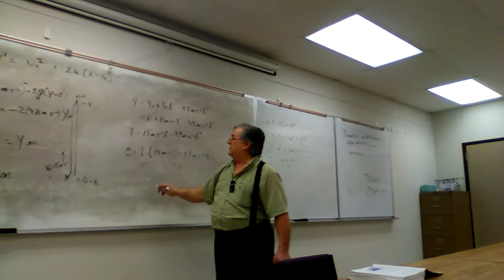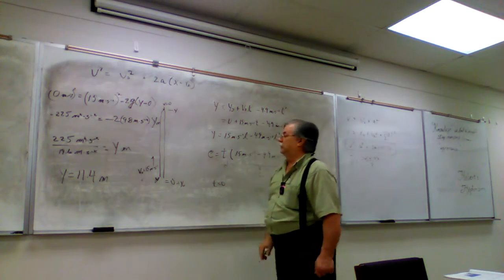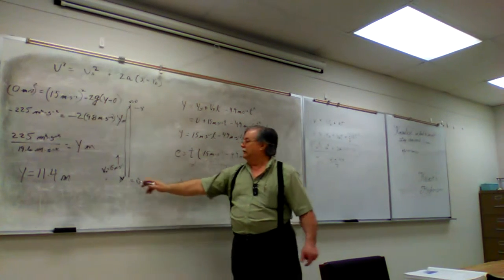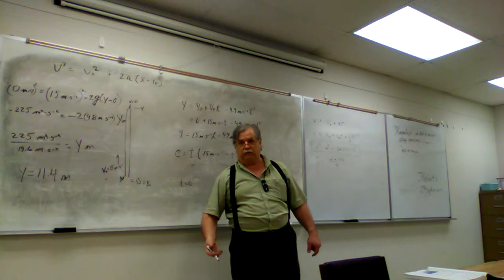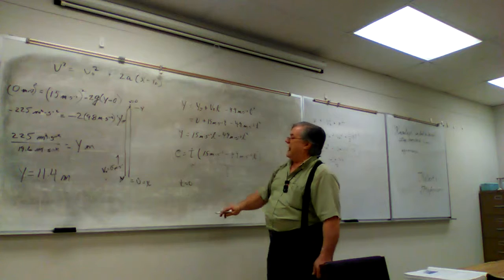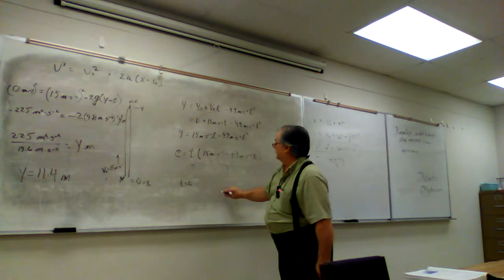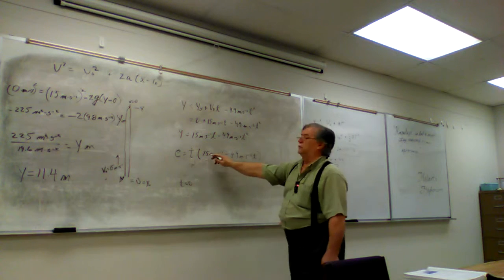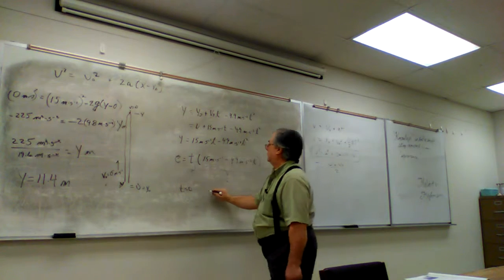That means either t has to be 0, which is a trivial solution. It was at y equals 0 when t was equal to 0, before you let go of the ball. It will be back at y equals 0 when this is equal to 0. So we solve that for 0 as